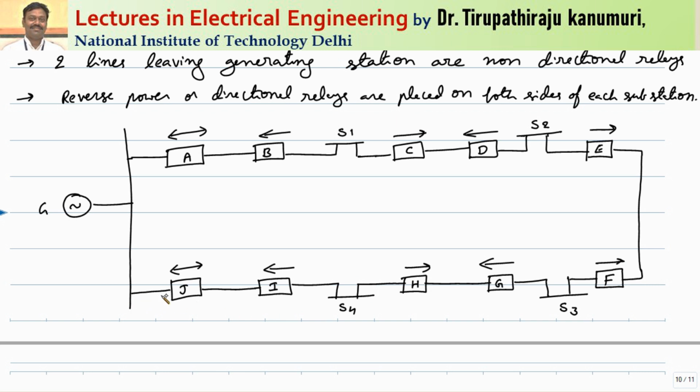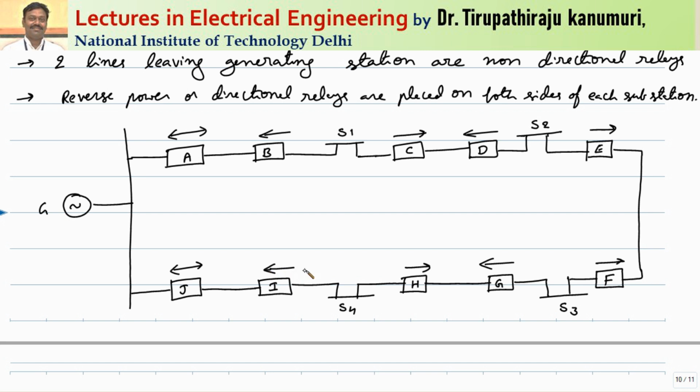The time will be set considering that a fault can happen anywhere in the section. Under normal conditions, this generator will supply the current in this direction, agree with me? And similarly from this generator the current will pass like this. Let us assume it is supplying to S2 and through this it is supplying to S3. So when the fault happens anywhere in a station, these directional relays will operate for that particular one. So how to keep the time setting for these directional relays? Try to understand it first, then we will proceed for the remaining things.